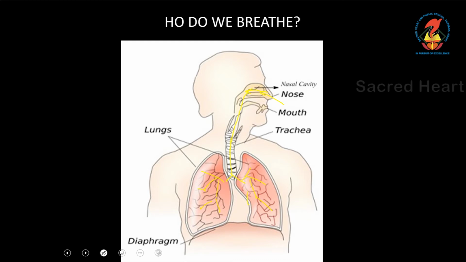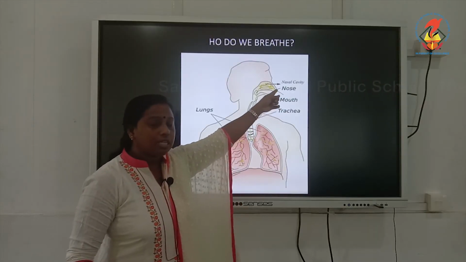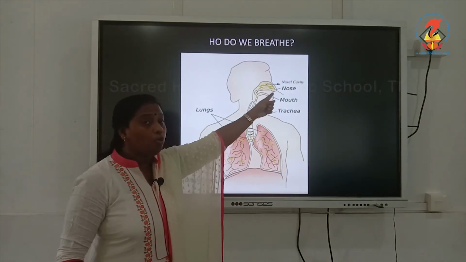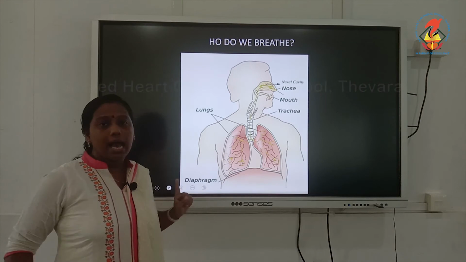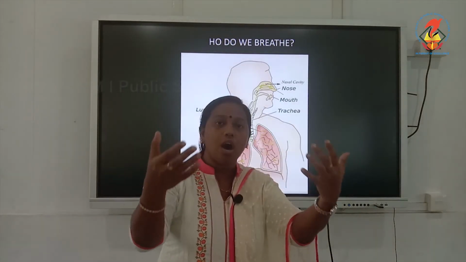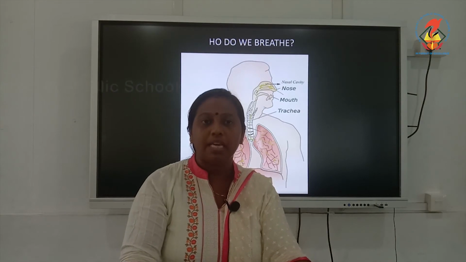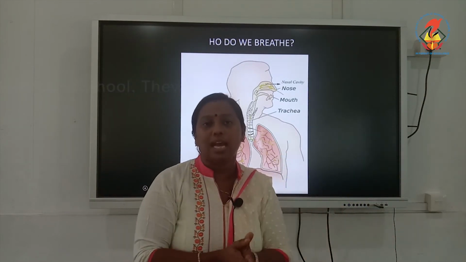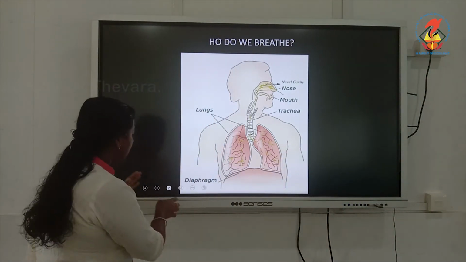You call them the bronchioles. At the end of every bronchiole, you will have an air sac called the alveoli. So the air which enters your nose will finally be reaching the alveoli. From the alveoli, the oxygen is given into your blood, and the blood will be giving the carbon dioxide back to the alveoli. What will happen to the carbon dioxide?